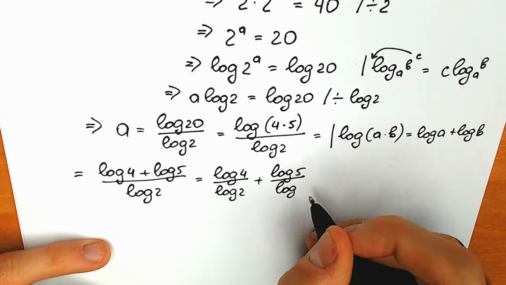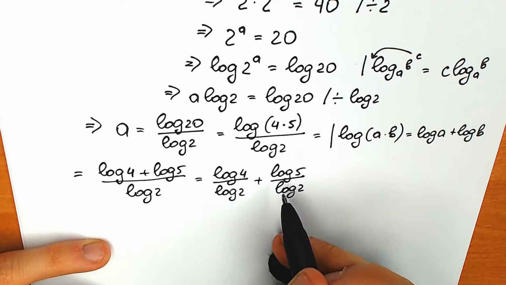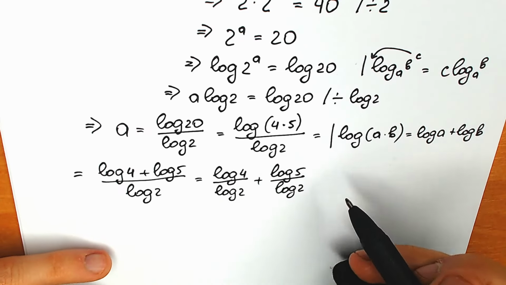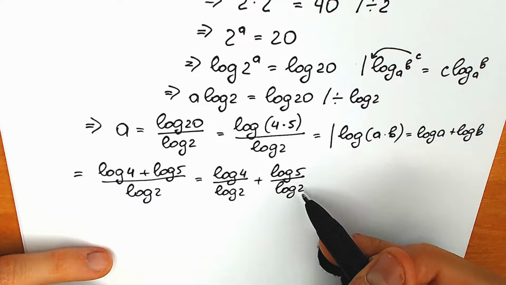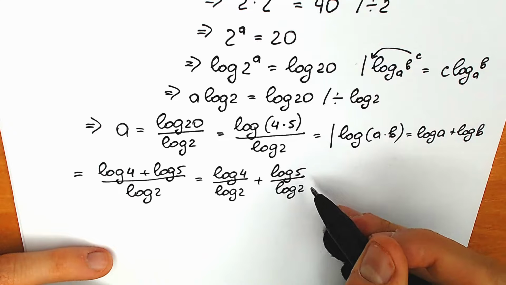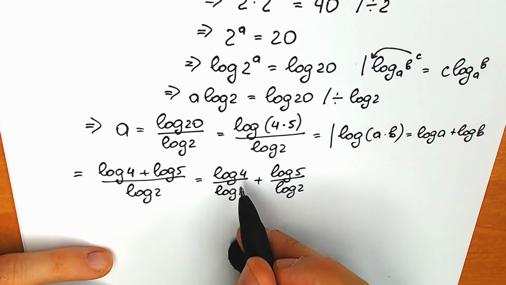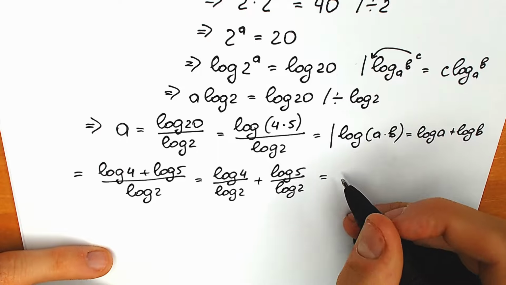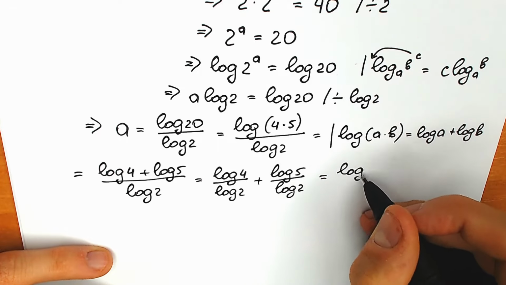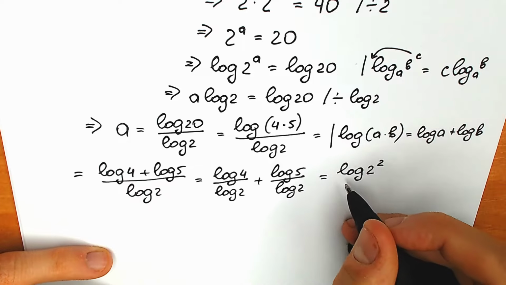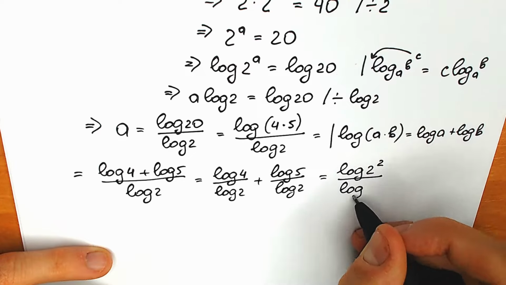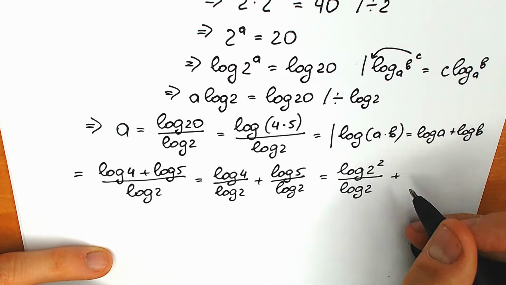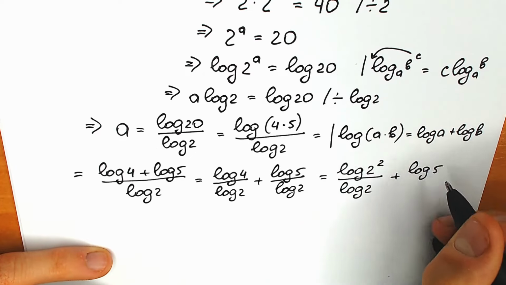And a lot of students might be thinking right here, on the right side, we can't simplify this. This is 5, our odd number, this is 2, so we can't express it as a power. But right here, this 4 can be written as 2 squared, yeah? So we can write it as log 2 to the power 2 over log 2 plus log 5 over